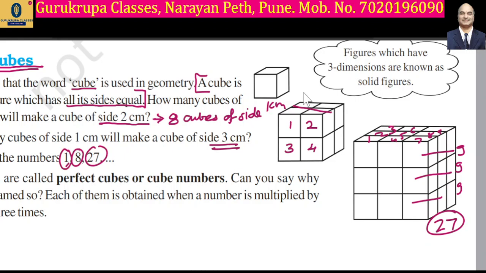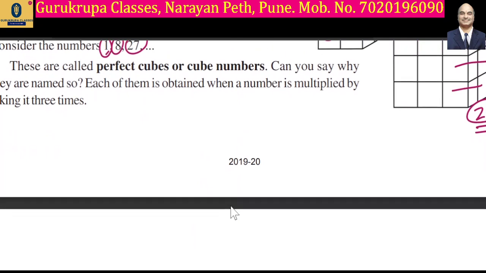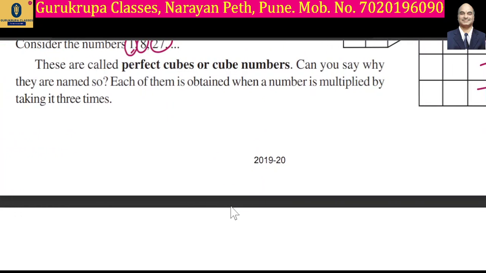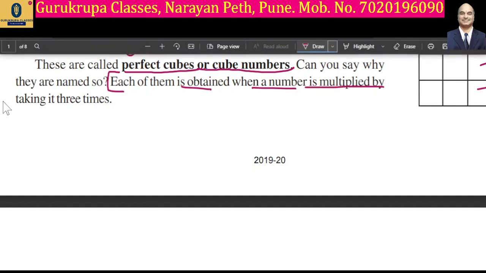So now we have the numbers 1 cube, 8 cubes, 27 cubes. These numbers are called perfect cubes: 1, 8, 27, perfect cubes or cube numbers, because these numbers form a cube. Now if you observe, each of them is obtained when a number is multiplied by taking it